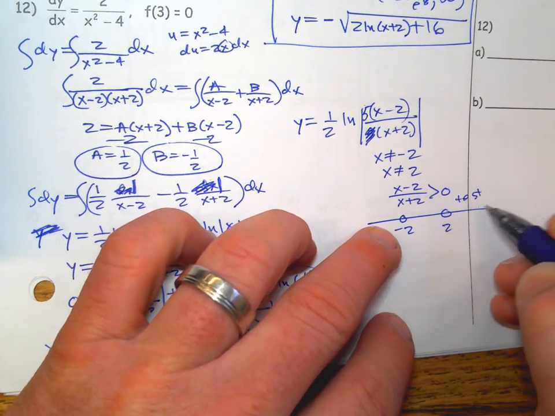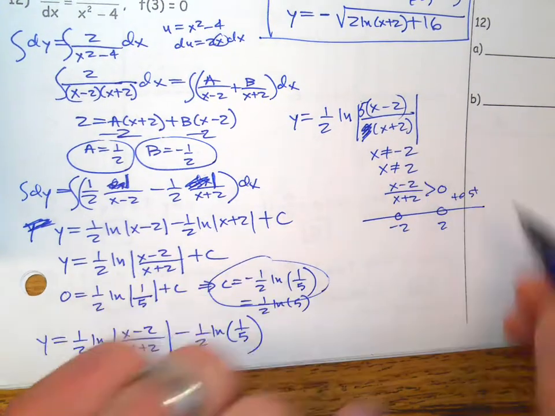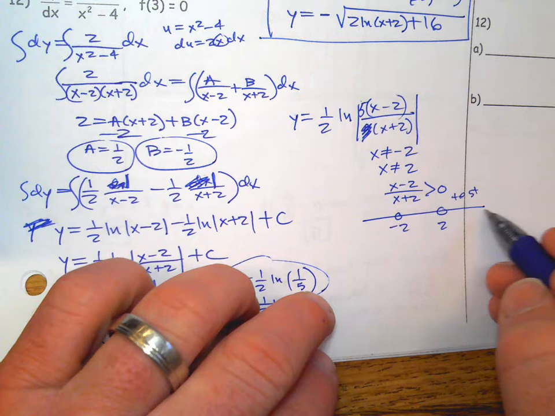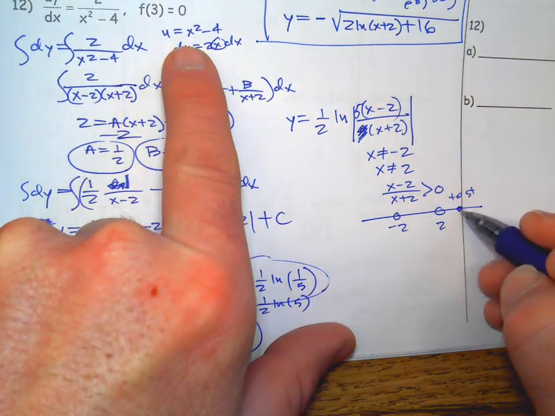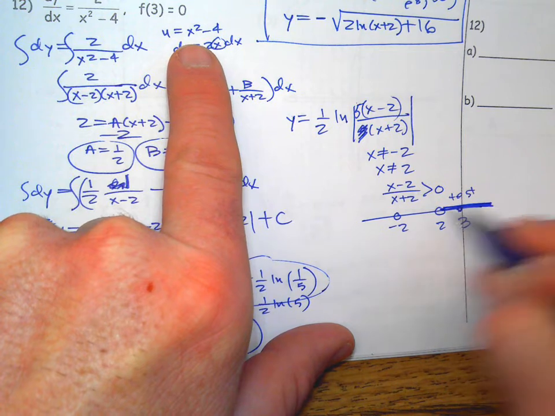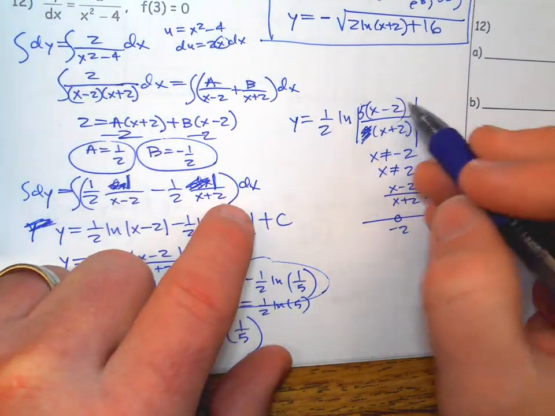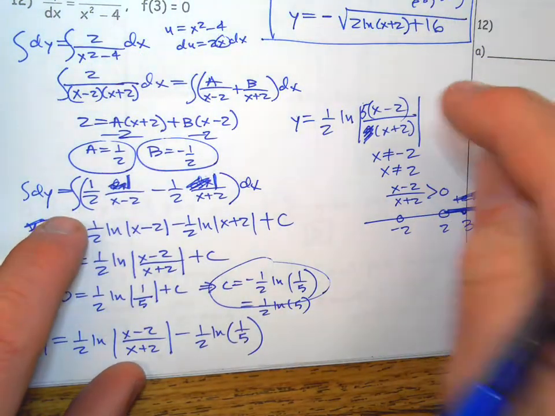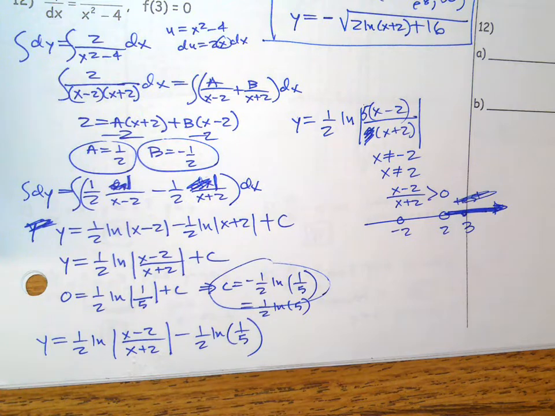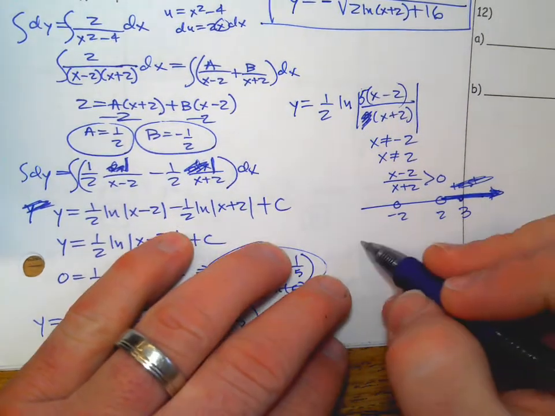So usually you don't have to do all these test points on this. I don't think we need to do this because both those points are going to come up anyway. So I would just put those points on there, and then find the initial condition, which is 3, and then you don't have to test points, as if you're really trying to find the full-blown domain of this function. I want the domain of the solution coming from this differential equation, which is much more narrow. So the domain